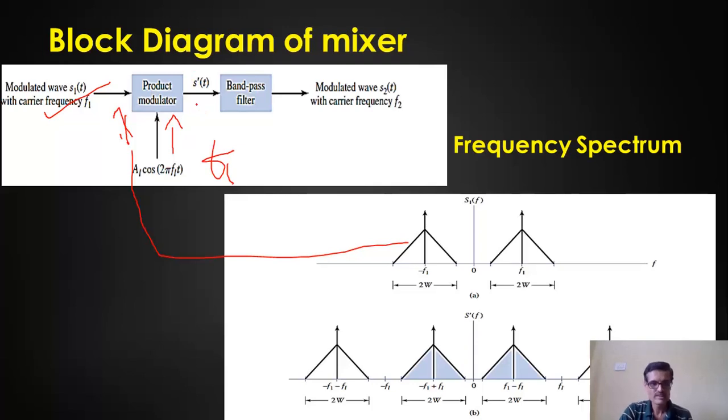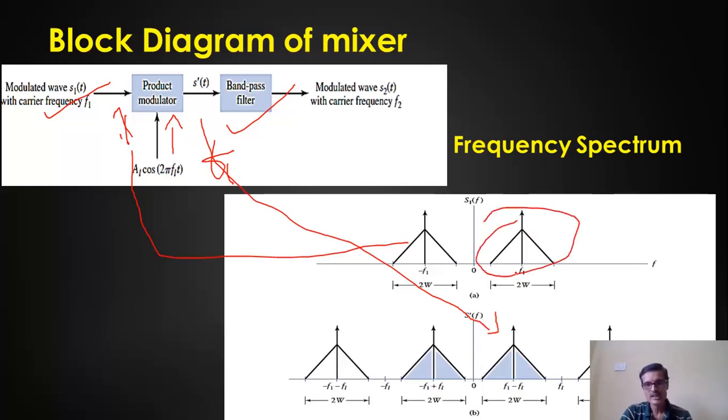We will see the derivation part of this in the next slide, and that component is passed through a band pass filter. The band pass filter is used to allow either the sum term or maybe the difference term. So the output of this product modulator is equal to this particular spectrum representation. What happens is this entire spectrum is now increased by FL hertz, or it is decreased by FL hertz. That's what I'll get.